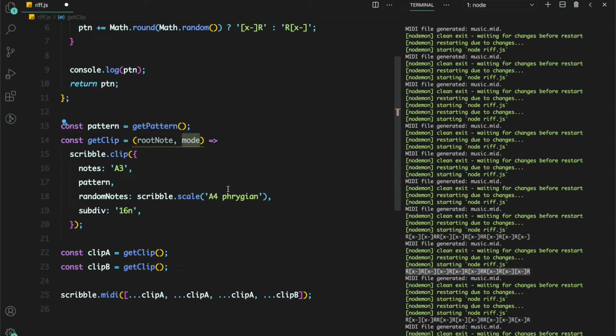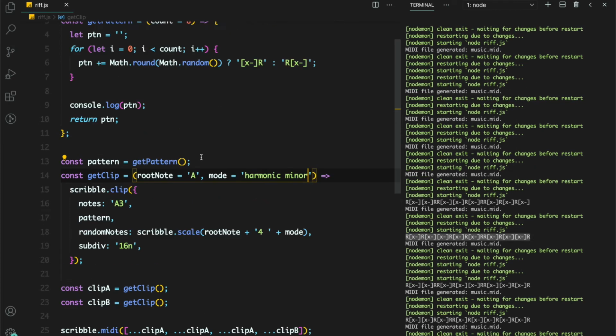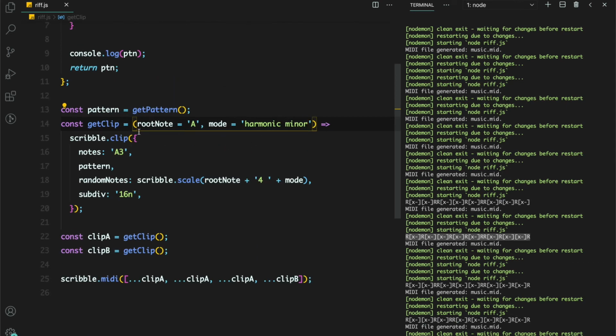Okay. And then in here, we'll use this mode, and in here, we'll use the root, so that we can get some root note like this. And we can set some defaults for it. Let's say the default is A3, A. The octave is not dynamic at the moment, but as you can imagine, you can make that dynamic as well. And here, by default, let's take harmonic minor for a change. And there are hundreds of scales available in ScribbleTune via Tonal.js, so you can use any one of those. And then the last thing is to use the root note here.